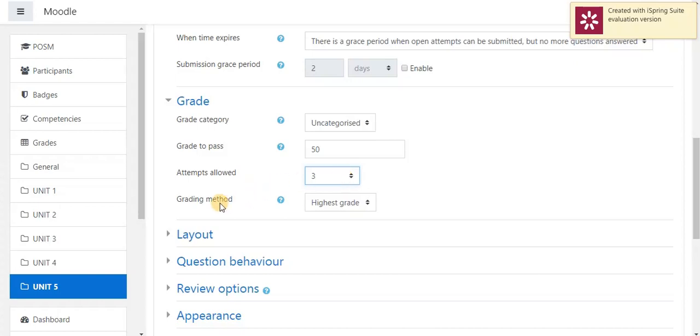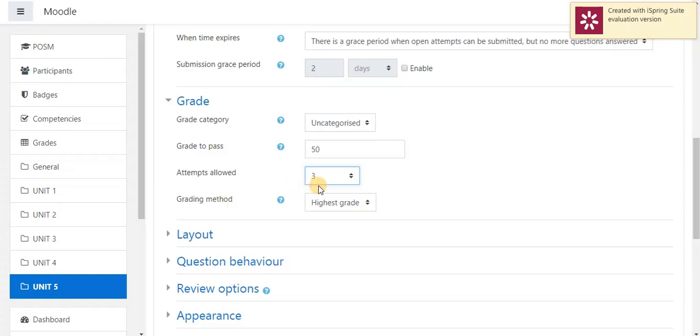For example, if a student attempts a quiz for the first time, he scores 10 marks out of 50. The second time he attempts, he takes 30 out of 50. So now he is improving his marks. He tries a third time, and in the third time he scores more than 45 marks.